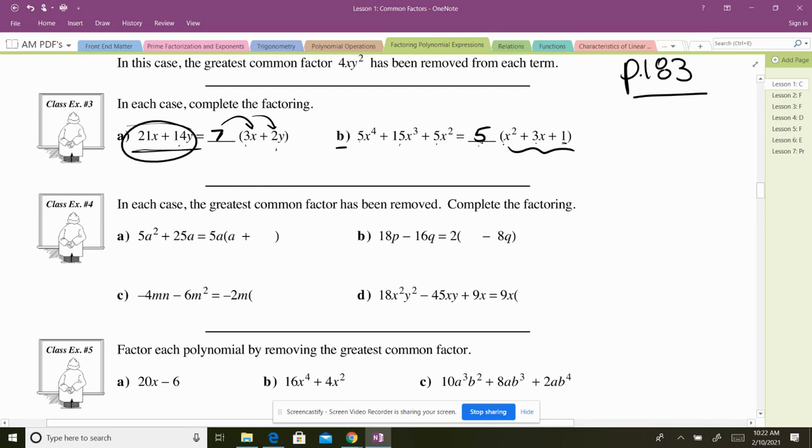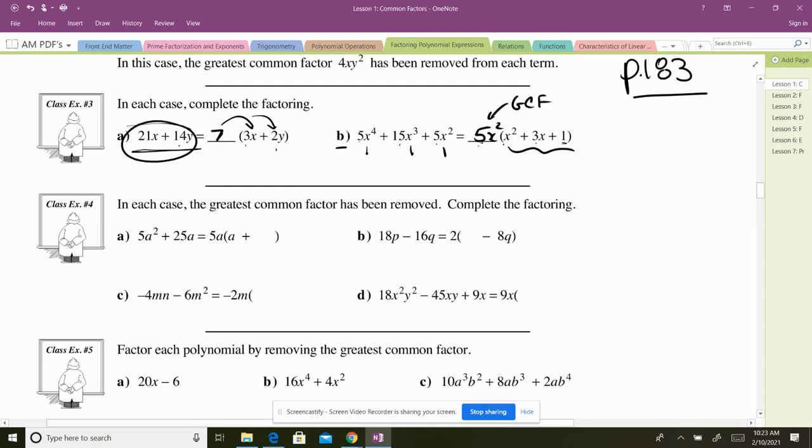Now, you also have to look at the variables. We have an x to the 4, x cubed, x squared. The smallest exponent, squared, right? So I can pull out x squared as well. So 5x squared,